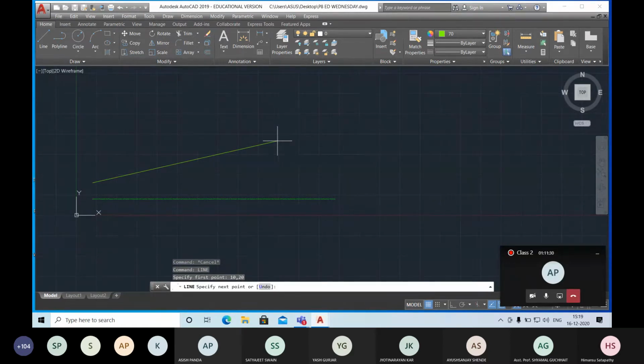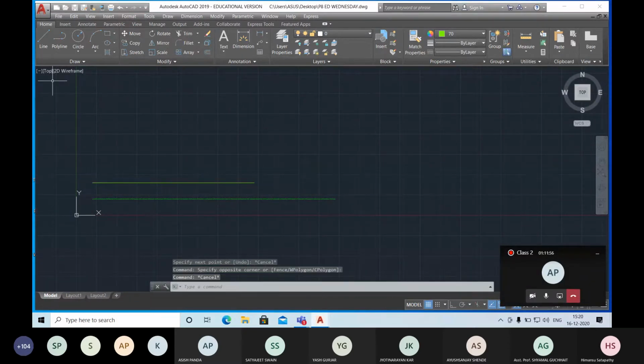If you want to draw a straight line, there are two methods. One is the absolute coordinate method, and another one is the angular method, where you show the angles. As I enter 10, 20, I just draw a straight line. If I enter 110, 20, then the line is here. This is my line.